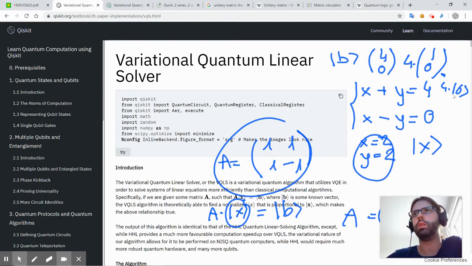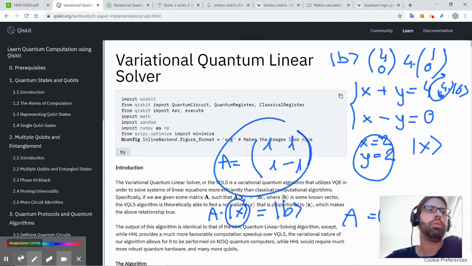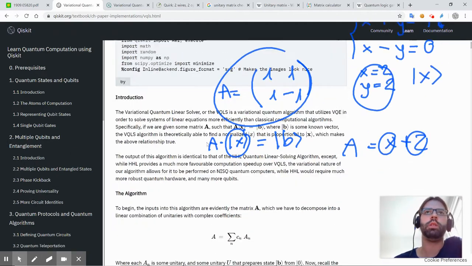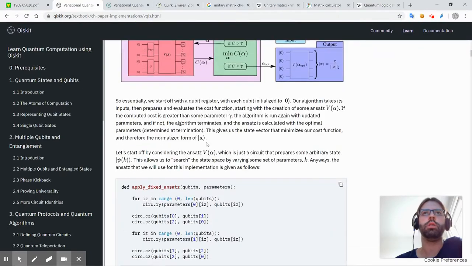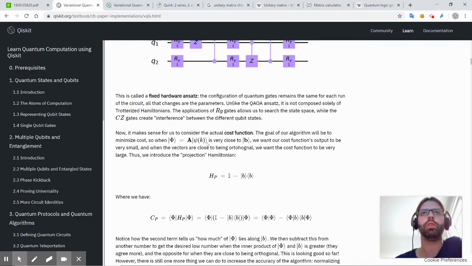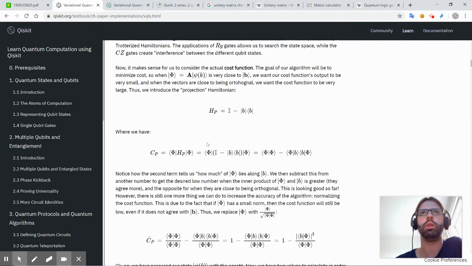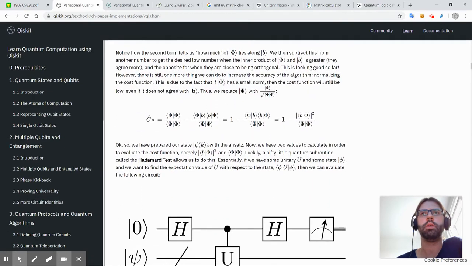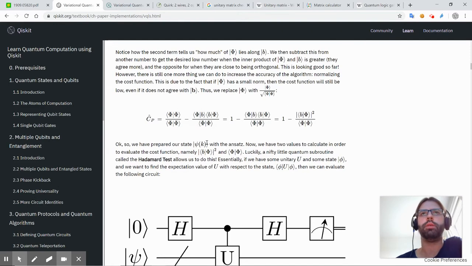Because B is these. It says 4 times these. That's what bothers me, is how can I get rid of these? Because that's probably the reason using a cost function like this one helps, because you kind of can get rid of